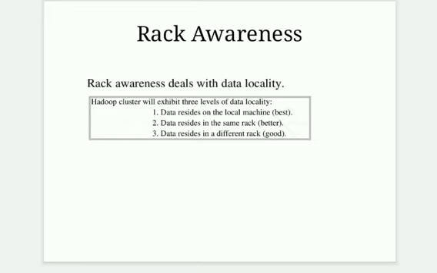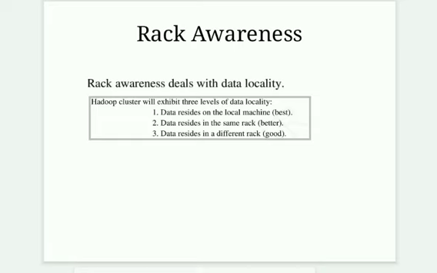Now suppose a client wants to retrieve the data. Hadoop will give you the IP address of the rack which is near to you. If it is far from you, it will take more bandwidth to transfer the data, because the data is in TB or petabytes here. So Hadoop will give you the IP address of the nearest node or nearest rack where you can retrieve the data.